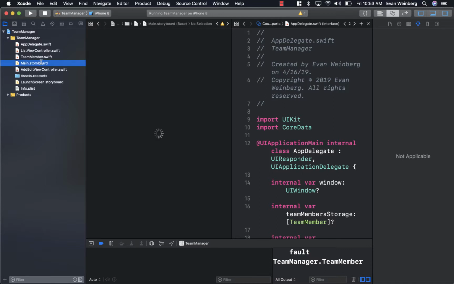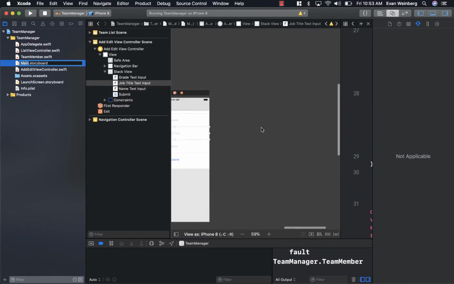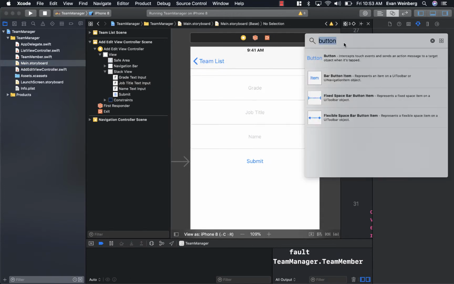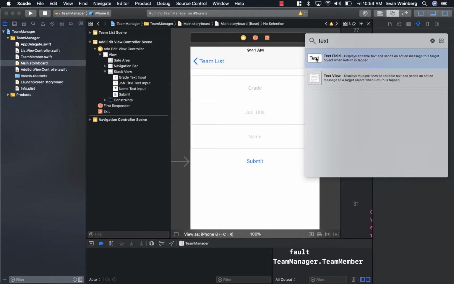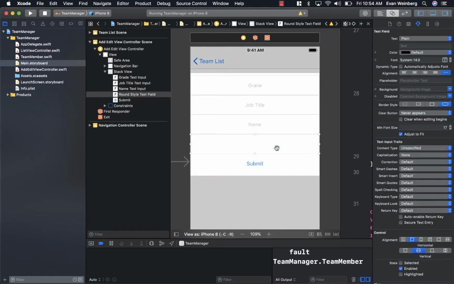So to start, I'm going to go to the storyboard, and in order to add another input here, I'm going to select this, go up here, and get another text field. And I'm going to drag it, if it will let me, into here. Now, I am dragging this into the stack view, which means it's a little bit more complicated to set up in the beginning, but if I take this and I just drop it into the field, it automatically adjusts the space of everything else. It's really nice. That's the benefit of using a stack view. So I'm going to put in nickname as the placeholder text,